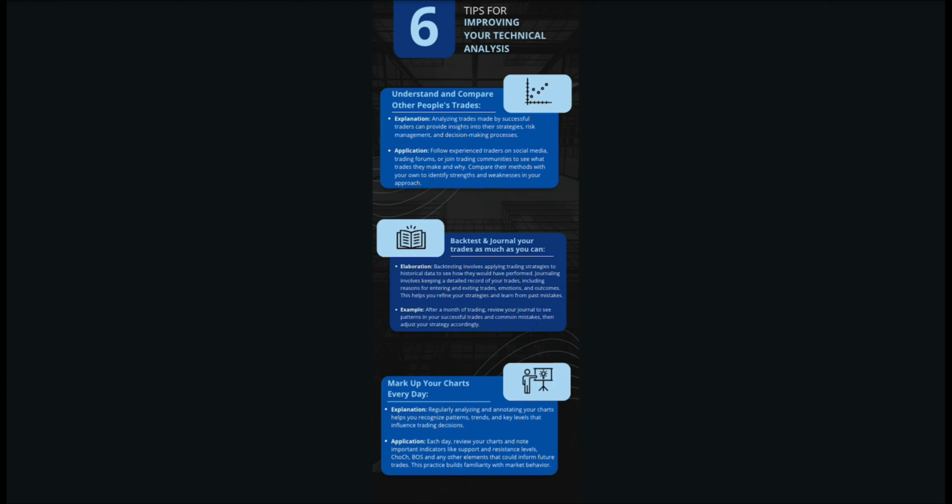Mark up your charts every day. Regularly analyzing and annotating your charts helps you recognize patterns, trends, and key levels that influence trading decisions. For example, each day review your charts and note important indicators like support and resistance levels, change of character, breaks of structure, and any other elements that could inform future trades. This practice builds familiarity with market